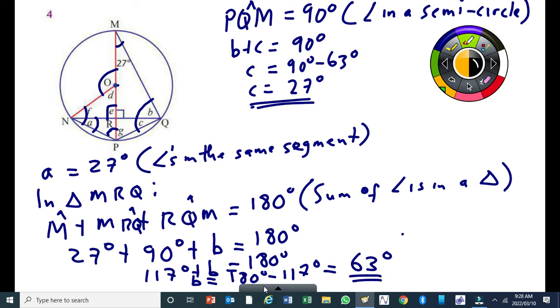Now, for this question here, you need to calculate the sizes of angles, or the sizes of those letters. Now, in my case, I'll start with calculating A first, using Theorem 4. Can you pay attention there? Right? So if I use Theorem 4,